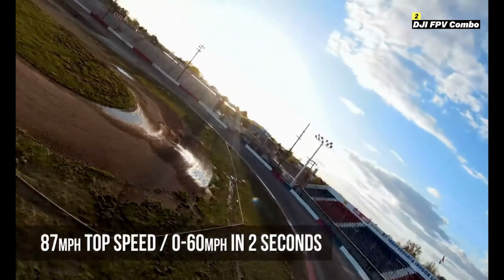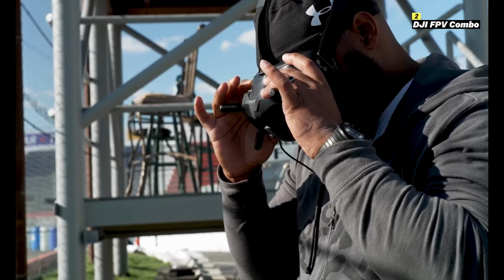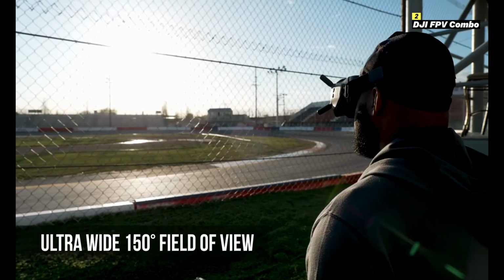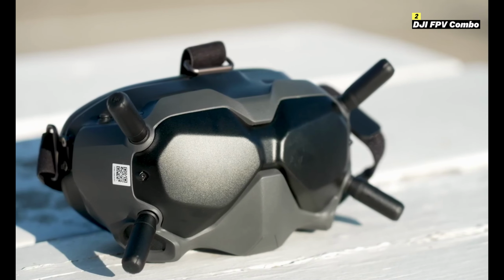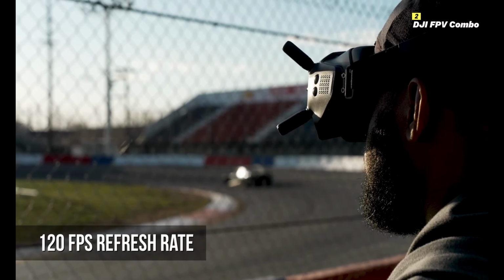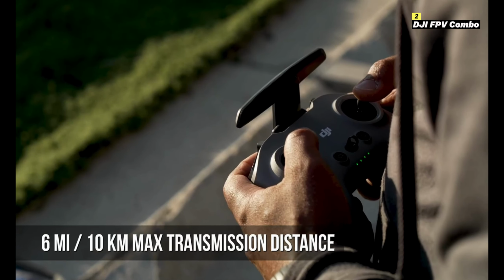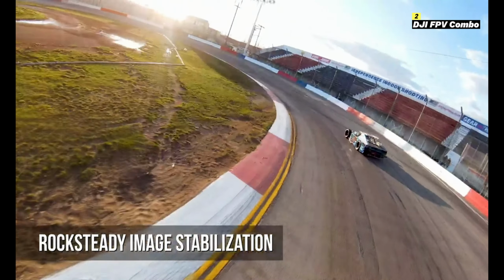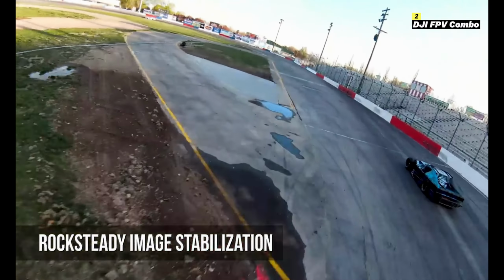At the heart of the DJI FPV Combo is a powerful 4K/60 FPS camera with rock-steady stabilization, ensuring smooth, high-quality footage even during high-speed maneuvers. Whether you're zipping through scenic landscapes or performing acrobatic flips, the DJI FPV captures every detail with crystal clarity. The 150 degrees super-wide field of view further enhances the immersive experience, making you feel as though you're truly soaring through the air. The intuitive motion controller and customizable flight modes, normal, sport, and manual, make it accessible for all